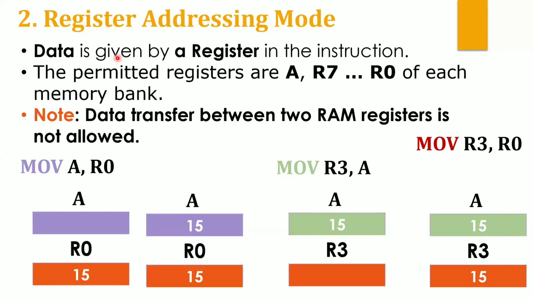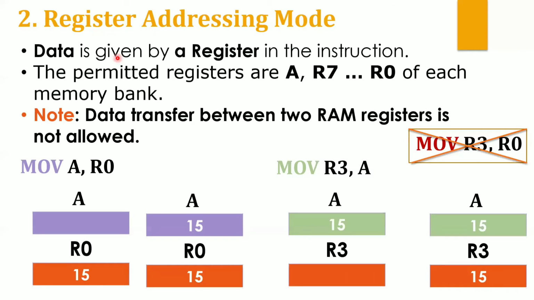Okay, that's why, to reduce the number of opcodes, we are using only one register in a single instruction. That's why we are not using two registers in a single instruction. So this combination will not be used. To reduce the opcodes, we are not using this kind of combination. So still you can use A comma R0 or A comma R1 or R1 comma A, any kind of thing. Okay, that is simple register addressing mode.